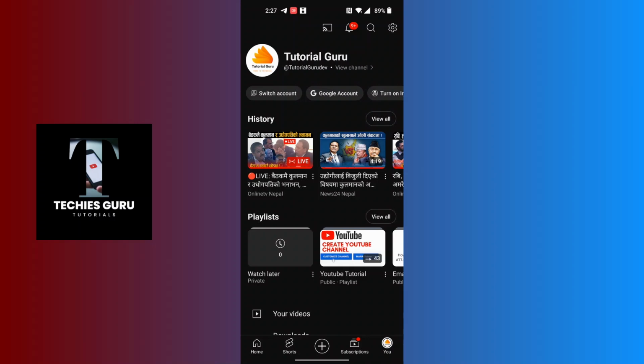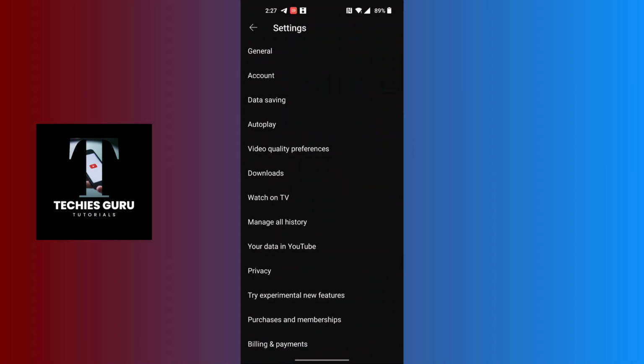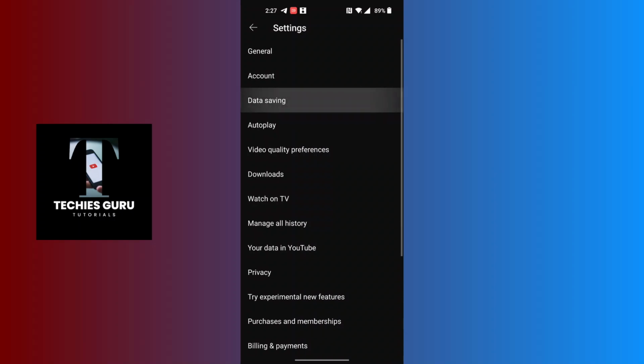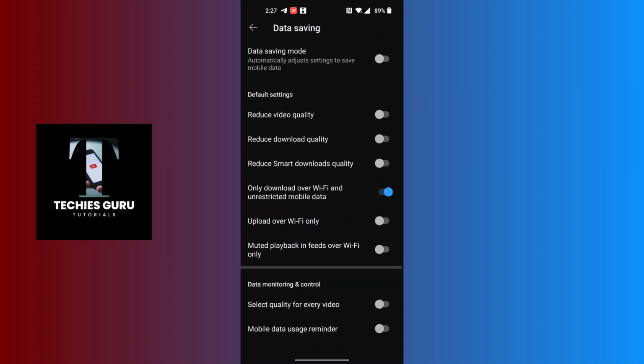Tap on the settings or the gear icon at the top right corner of the screen and you land on this interface where you can see the third option where it says data saving, guys. Now let's tap on that and you land over here, whereas the first option you can see there it says